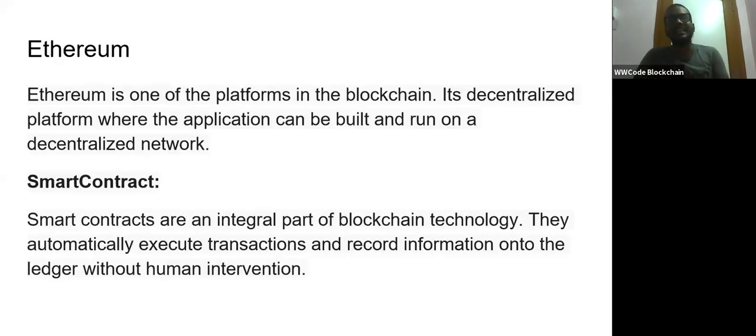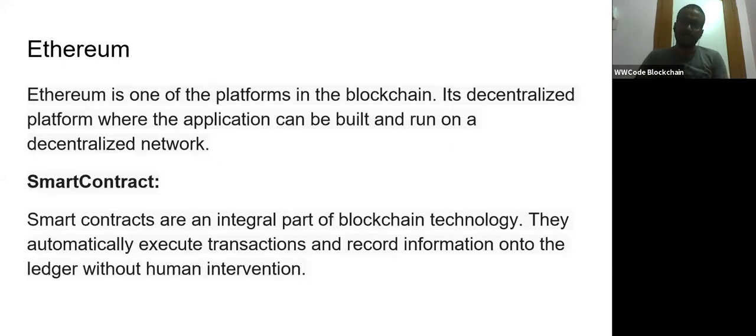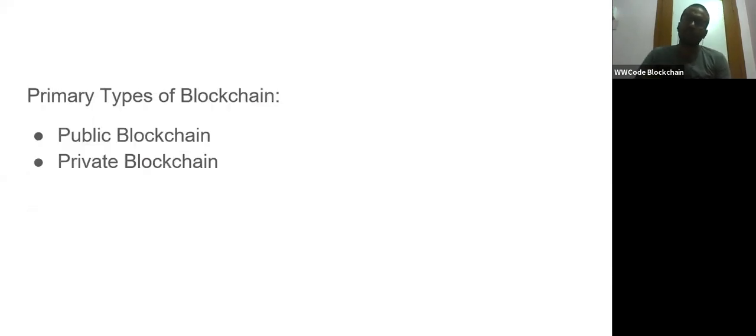And Ethereum. What is Ethereum? Before that, I missed the consensus algorithm. What is a consensus algorithm? Every blockchain has a consensus algorithm. First, Bitcoin uses proof of work. Next come proof of stake and proof of authority. There are many consensus algorithms, and the most popular one is proof of work.